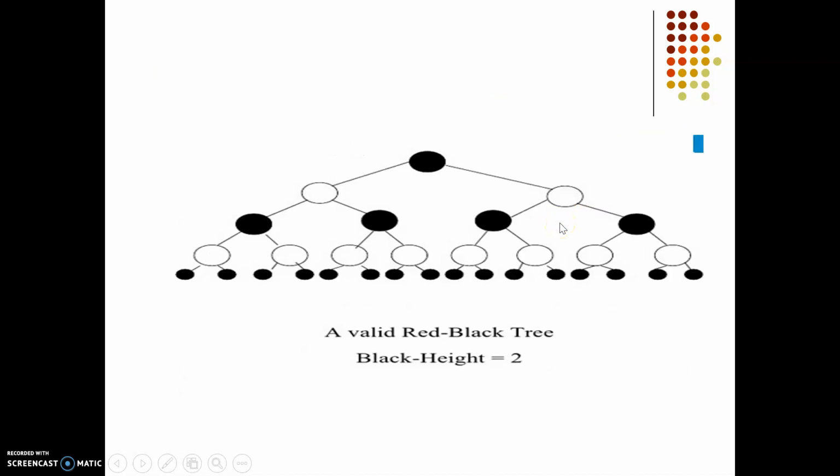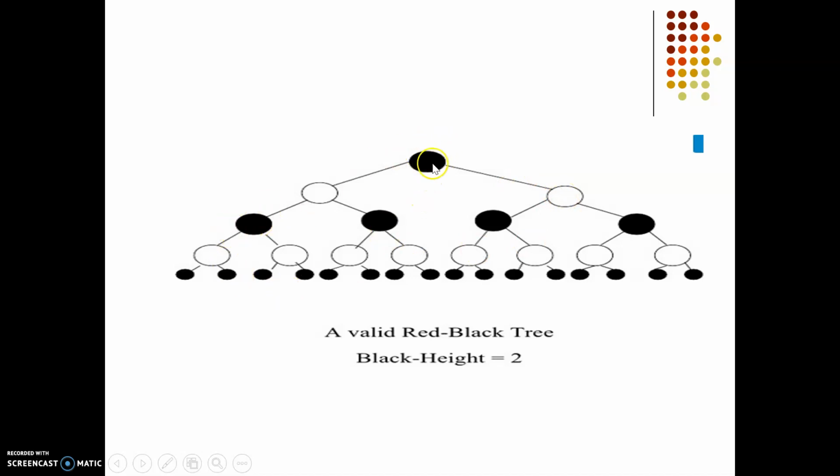Let us see how the red black tree looks. This is my red black tree. These are leaf nodes. And these are null nodes, right? External nodes. So this is a red black tree because it is following certain rules. The root is always black in color. We will have no two adjacent nodes which are of red color. See, these two are adjacent nodes and they are of different color. So we will not be having two adjacent nodes which are of the same red color.